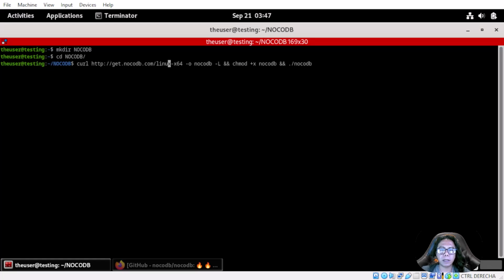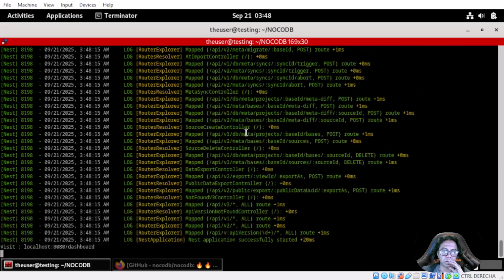After that, we need to add sudo, because in this case we need to make this command executable. Now here we can see the URL where we can visit NoCoDB.